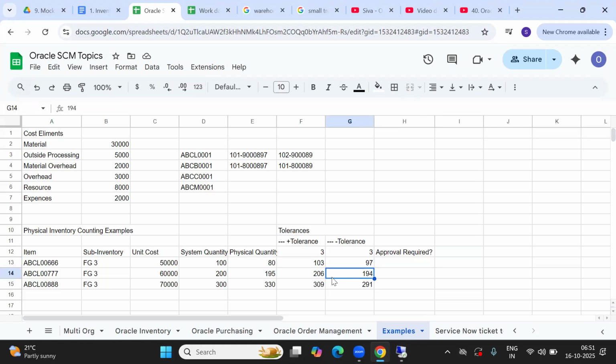Or if you want more clarity, let me take this one here, and this one. When I say range, you are comparing this. I'll take this.